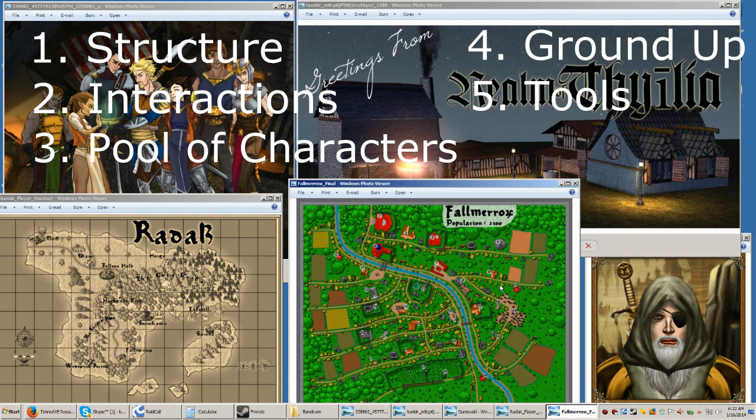So if you're working with a low budget, let's say you don't have any spare cash, the one place that you should really invest a little bit of money in is a map making program, and that could be all the money that you spend. If you're doing this as a hobby or something, do invest in a good map maker.